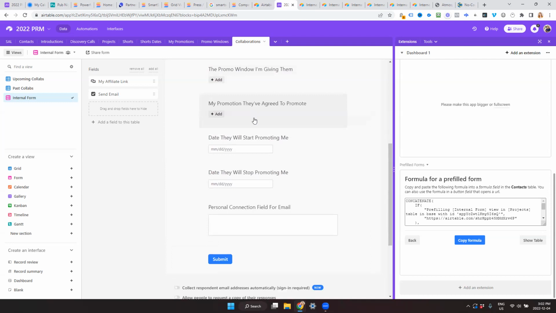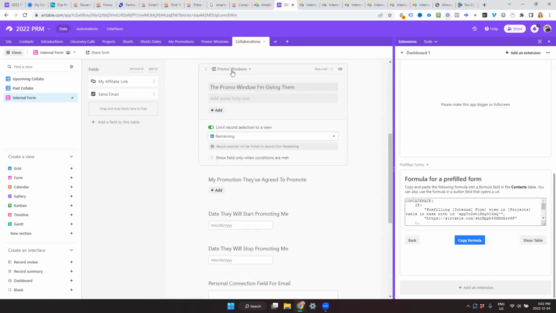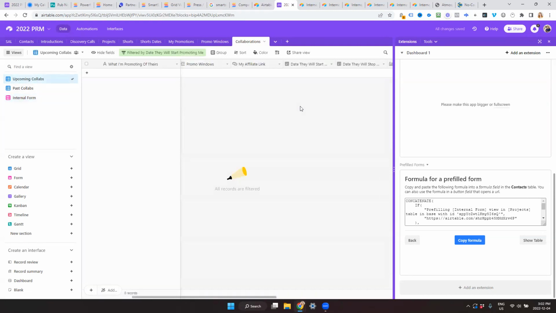But essentially any data that I'm collecting in this form, the promo window I've given them, is matched to promo windows. Okay, so same exact data, different view. And forms allow you to import the data into the grid view.